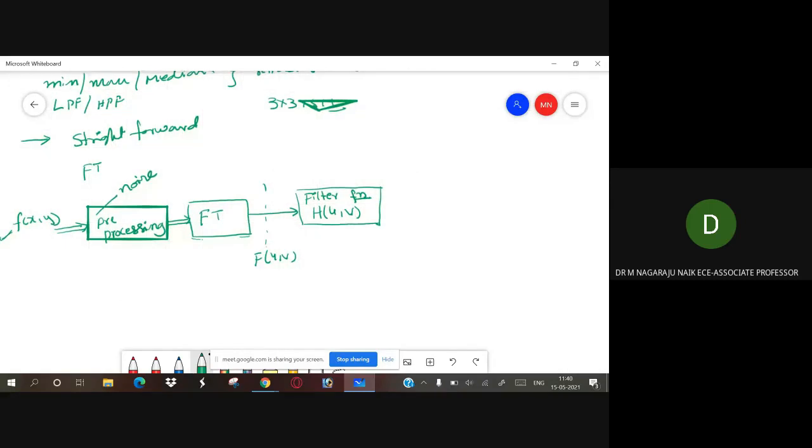After this filter function, what you will get here is the filter transfer function H of u comma v into F of u comma v, the convolution of F of u comma v and H of u comma v.